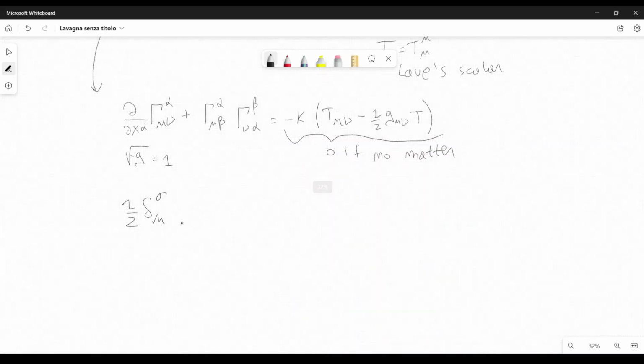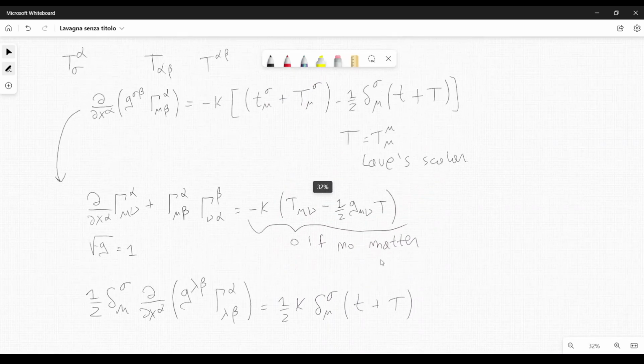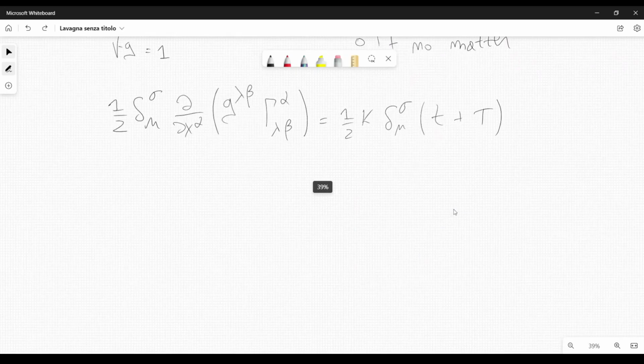If we contract the indices, we get d over dx alpha times g lambda beta gamma alpha lambda beta equal to 1/2 k delta sigma mu times lowercase t plus uppercase T. Now, by putting the two equations together, this one here and this one here, I mean you have to subtract this one from this one. So if we do that, we get